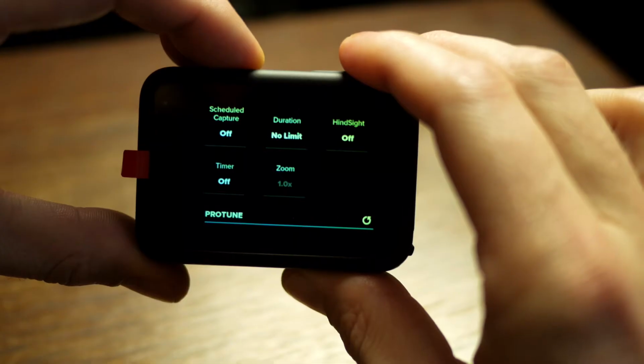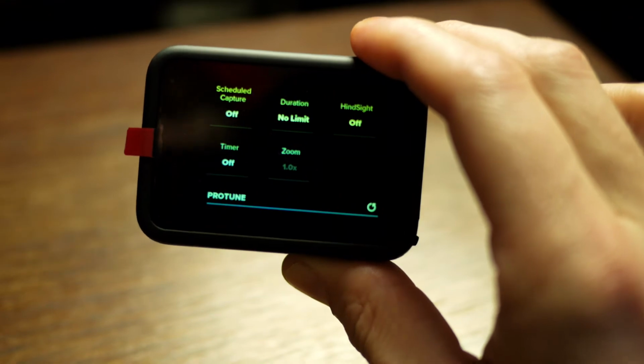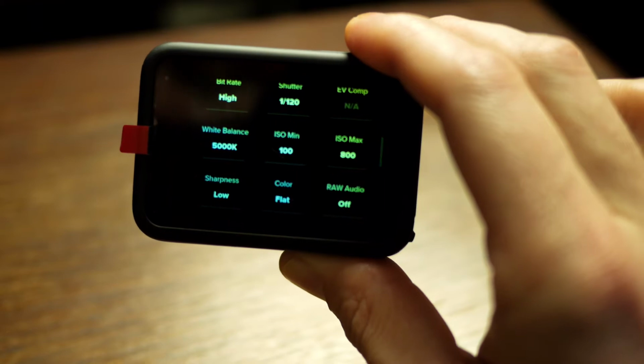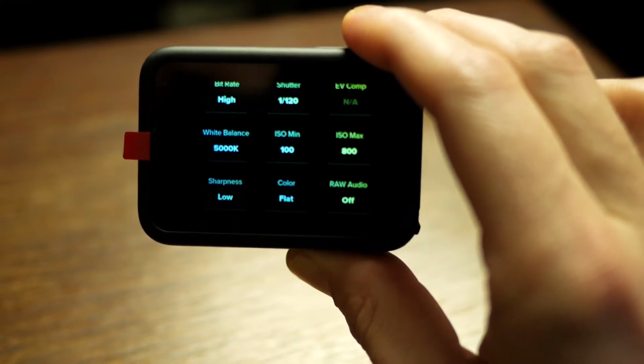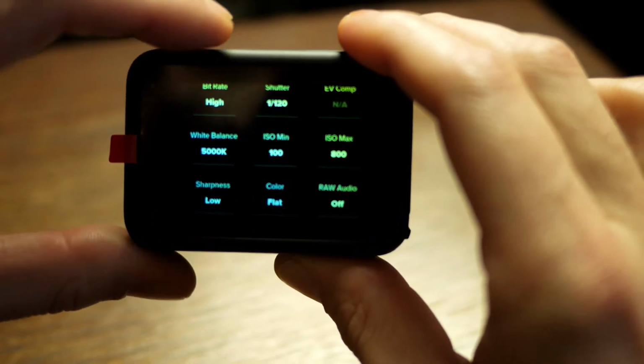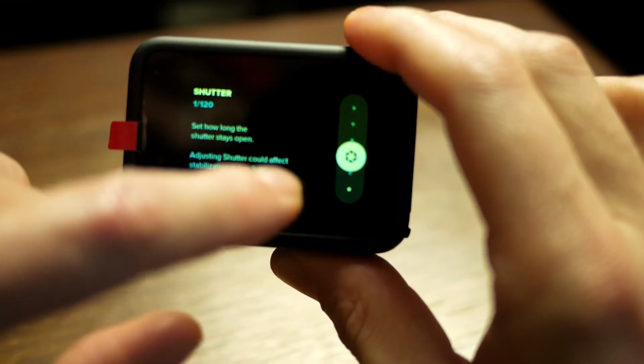The other settings in that section, like scheduled capture, is off, duration set to no limit, HindSight off, and timer off. We are keeping those to default, or we're turning them off because we want to ease off the camera's processing. In our Protune, we've got bitrate set to high, then shutter speed was set to double the frame rate, so we were shooting at 60 frames, so we are setting the shutter speed manually to